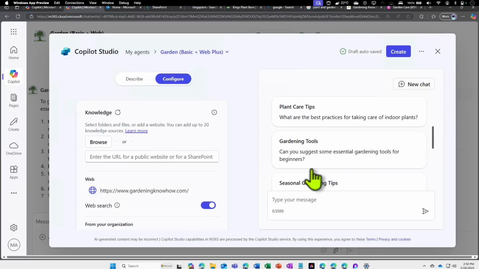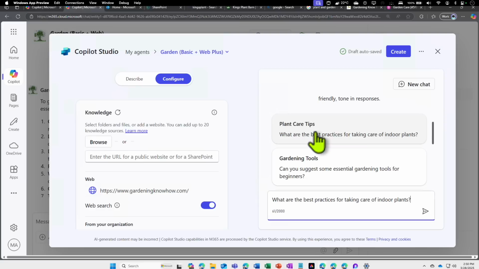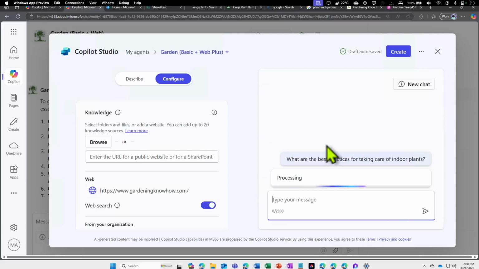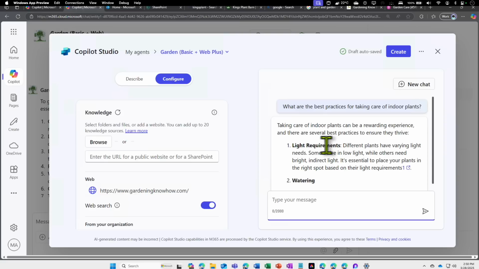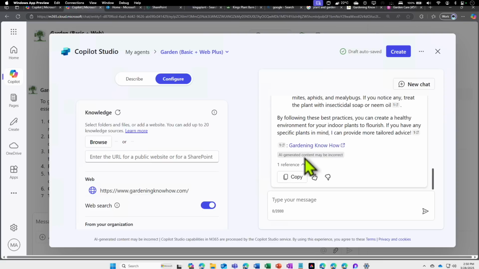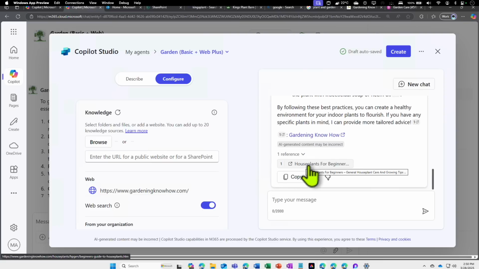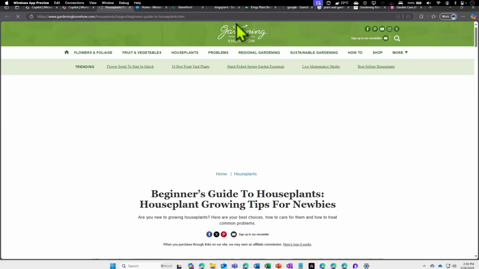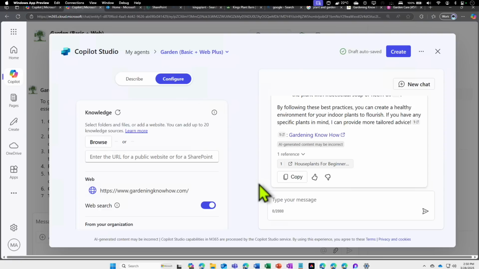if I come down and ask for plant care tips, it should get that information or details from the website. So let's see, it is bringing some information. I don't know where it is coming from. Let's wait for that to finish. All right, so now it is finished. So I can see that the information is from a website. If I click on that information, it is going to the gardening know-how. So that is how, even though it is web, you can expose that to a specific website or